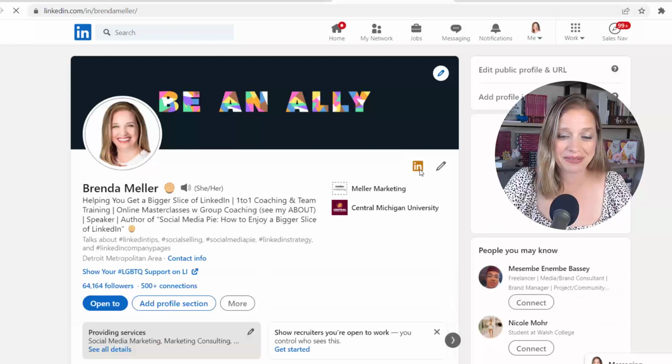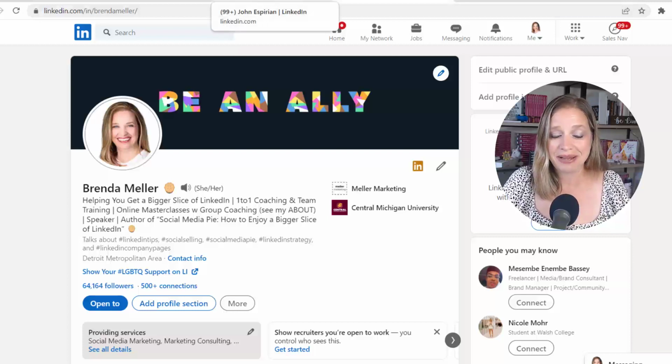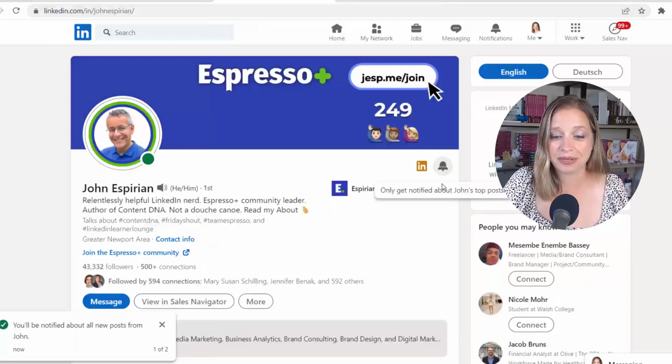So you can see here I've got the gold in symbol and I see the pencil icon. I don't see the bell icon on my profile. Okay, so do keep that in mind. You're not going to see it on your own. You are going to see it on other people's profiles at the top, and only if you are connected or